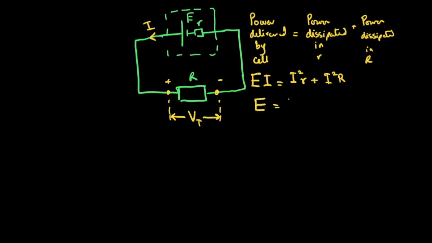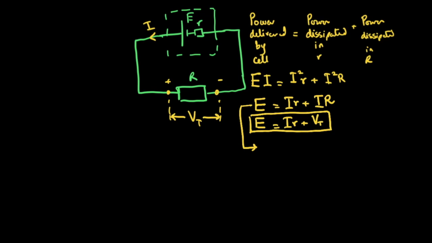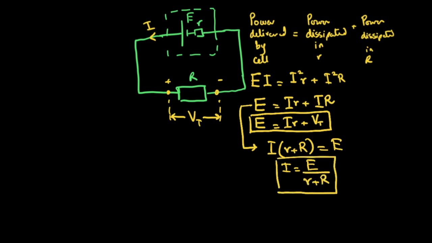EMF is equal to I times small r plus I times capital R, and this is the equation that you have seen. If you remember, EMF is equal to I into R plus the terminal potential difference. So you've seen this before. I'm just deriving it from a different way. Now, carrying it further, I can take I common like I intended to, and I could write it as small r plus capital R is equal to E, and therefore the current would become equal to the EMF divided by small r plus capital R. Now, if I talk of the efficiency of this circuit,